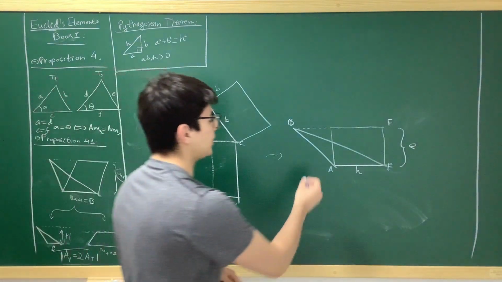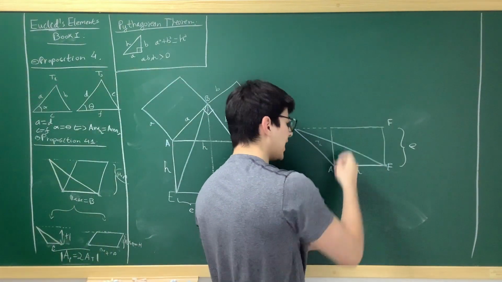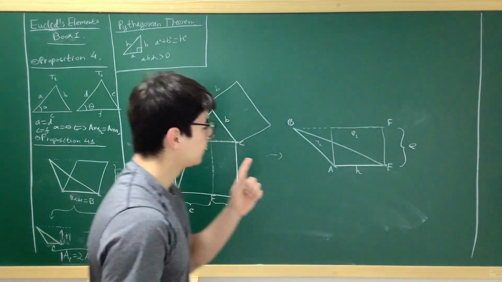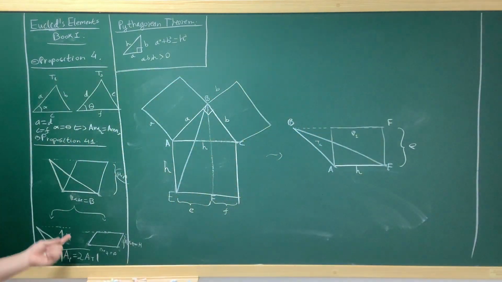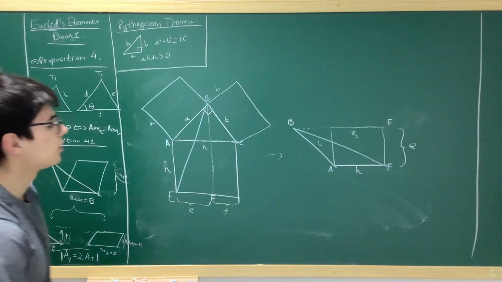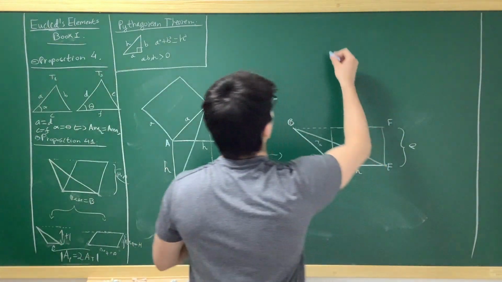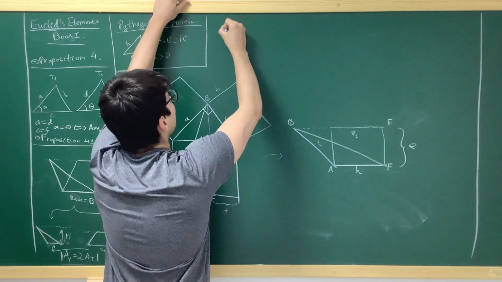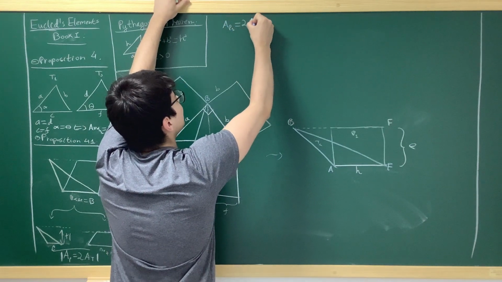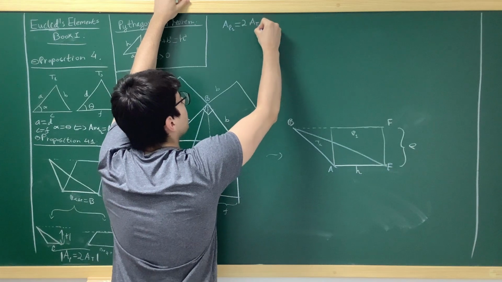If we call this triangle T1, and this parallelogram P1, this proposition tells us that if we split them, try to do it in your head or draw it, the area of the parallelogram is twice the area of the triangle. So from this we get, and I'm going to put these results here, that area of P1 is equal to twice the area of T1,